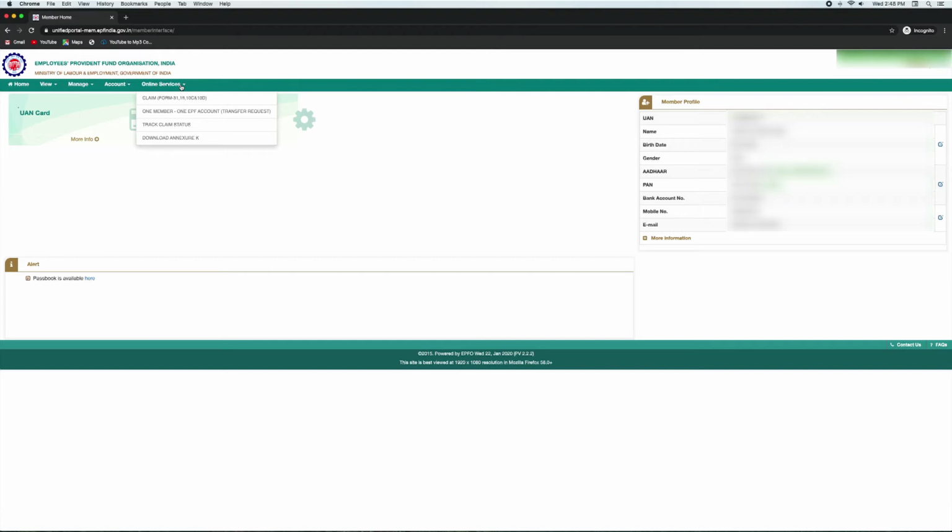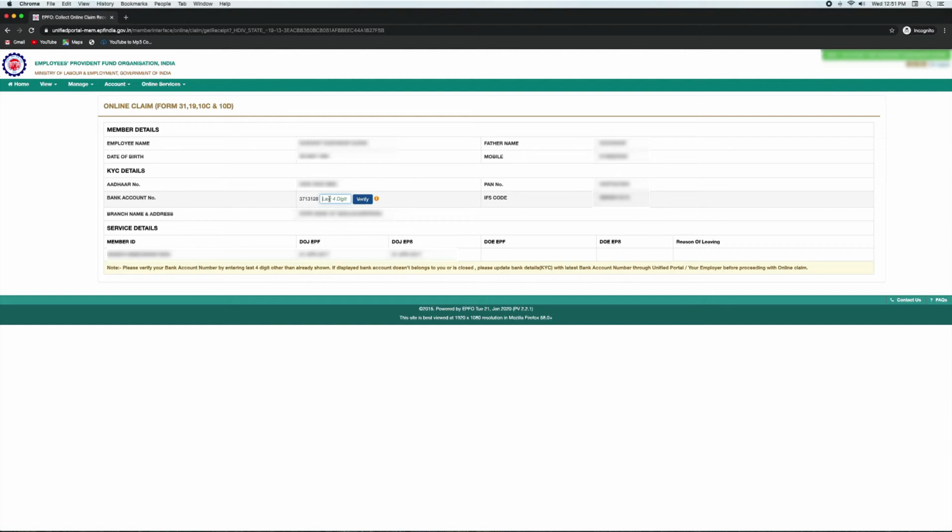First of all, you will have to click on Online Services option and then select Claim Form 31, 19, 10C and 10D option. After selecting that option, a new page will open, where you will have to enter the last 4 digits of your bank account number and then click on the Verify option. After clicking on the Verify option, some important information and terms will appear on your screen.